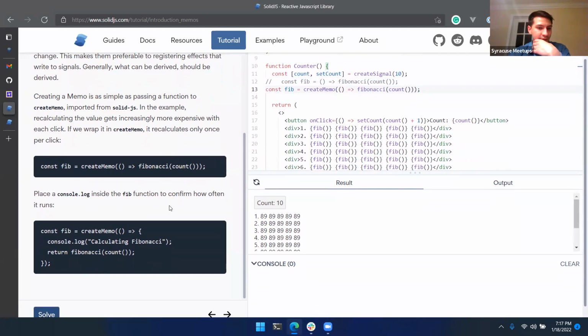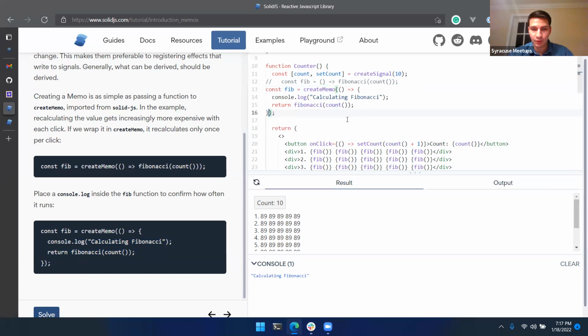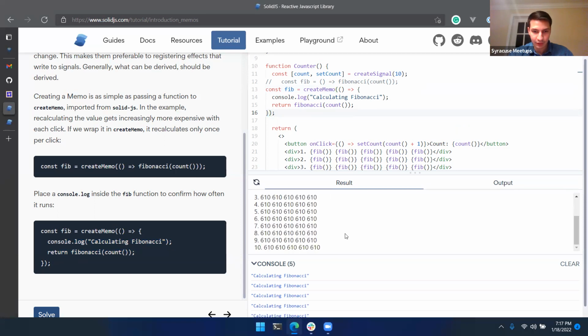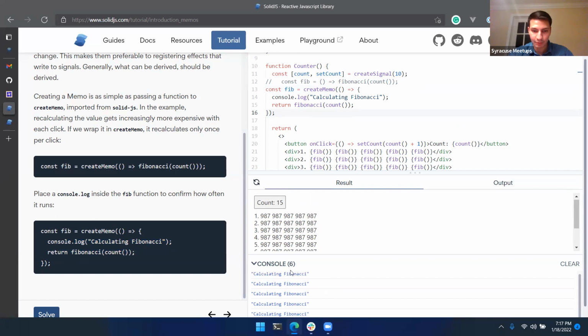Place a console log inside the fib function to confirm how often it runs. Okay. So we need to modify. Currently, it's just returning the fib function. So we need to take the create memo, replace the entire contents of it with the console log version. Okay. So every time that we click on this, it's calculating all the Fibonacci numbers, but it's only running once per